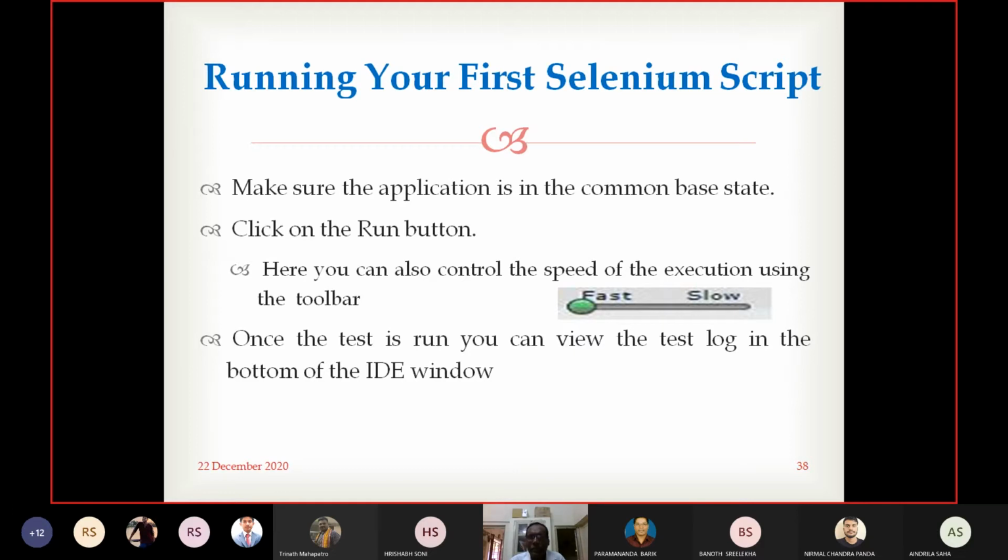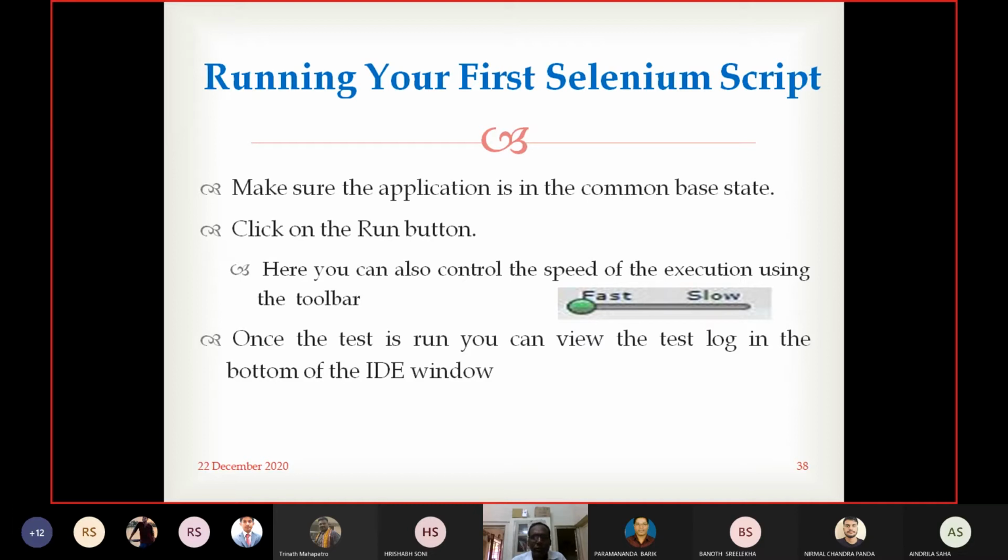So this common base state does not exist, so you cannot test. You can test these test cases only when the application is in the common base state. Please make sure of that.